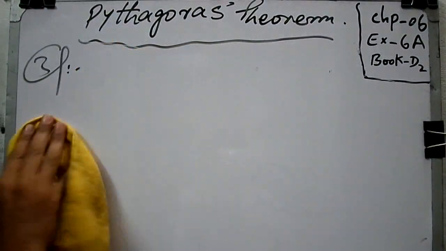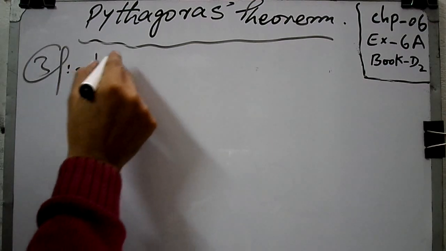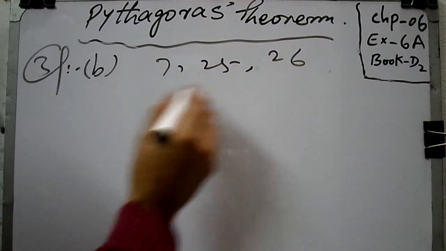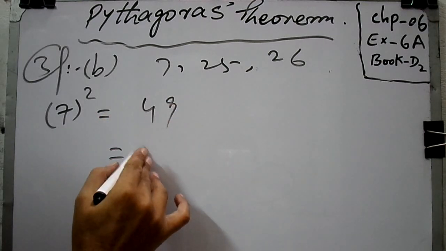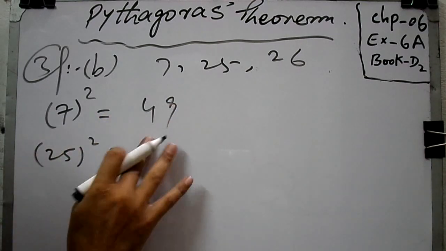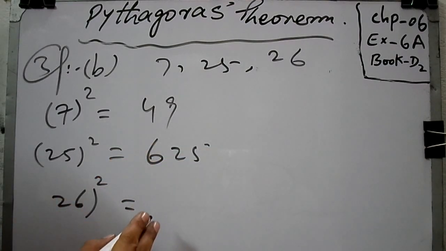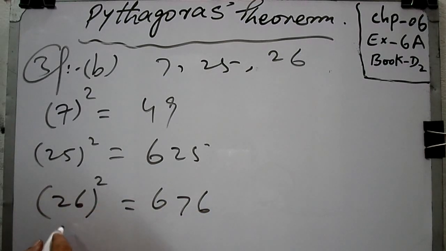Other triples have been given to you. Similarly, in part B you have been given 7, 25, 26. Okay, 7 square, 7 7s are 49. Then 25 square you will get 625. 26 square you will get 676. So by Pythagoras theorem,